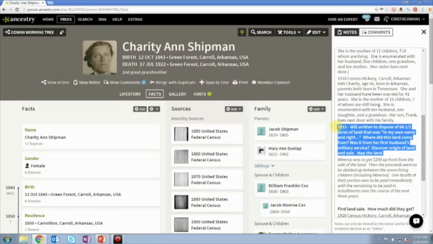Sometimes they're mull and ponder questions. Mull and ponder is a phrase that Mark Lowe uses. Mark Lowe is an expert genealogist. He's done one or two Ancestry Academy classes for us. If you ever have the opportunity at a genealogical conference or through Ancestry Academy to take a class from him, I highly recommend it. But one of his favorite phrases as it relates to family history is mull and ponder,